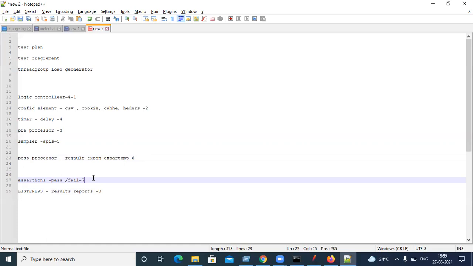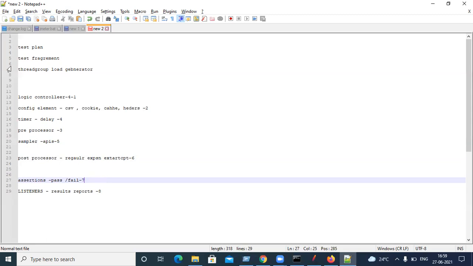You should always know this order, so that you write exactly the logic that executes first. This listener and assertion will execute last, so we have to write the logic before the extractor. It's clear, right?